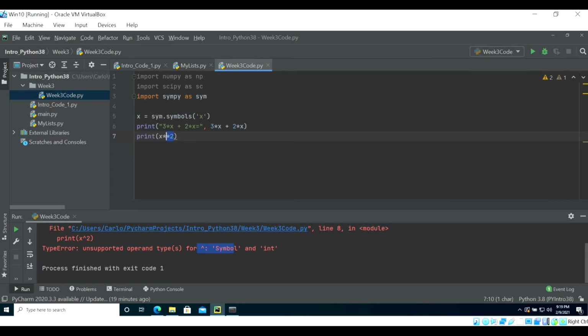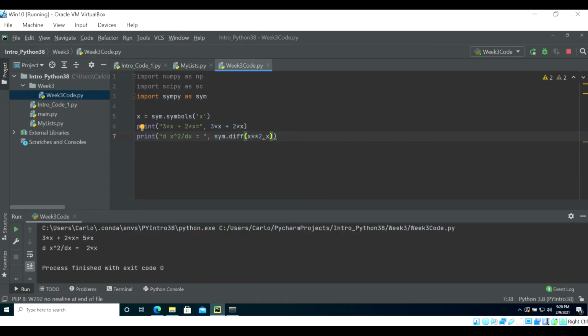So we can say that d, how do we want to do this? D x squared with respect to x equals to, comma, and the function. Let's run it. So the derivative of x squared with respect to x is 2x. So that is correct. And you can do something similar for integration, which is